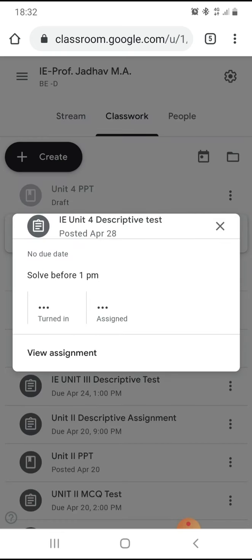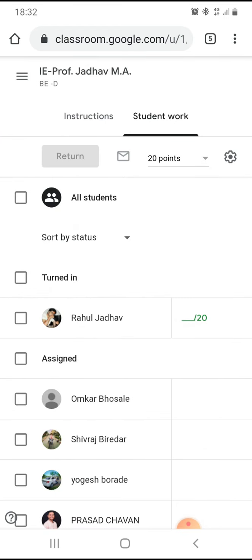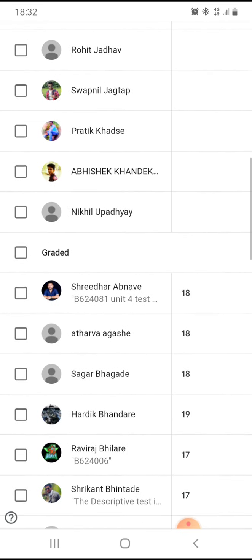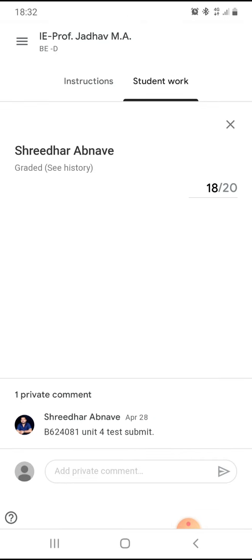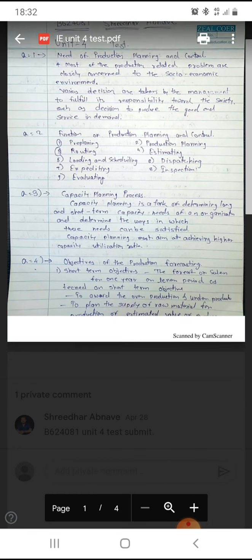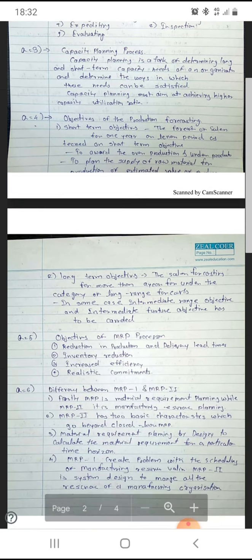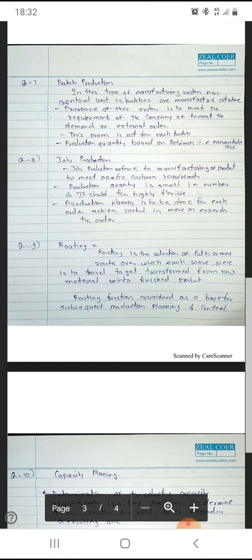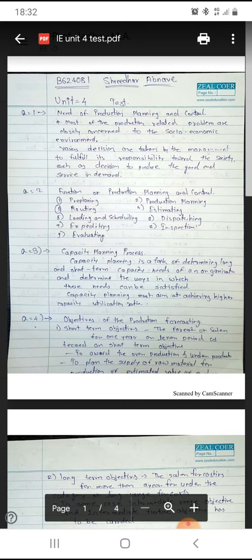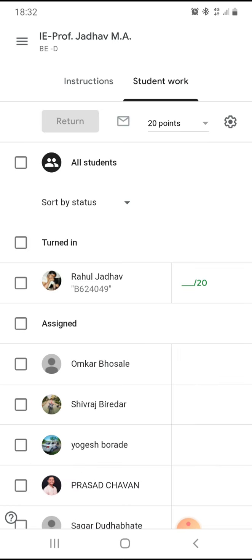Descriptive test, unit for descriptive test I have uploaded, so you can see the students. Okay, this is the written document. I read that document, that assignment they have solved, and give them mark 18. Then submit it.